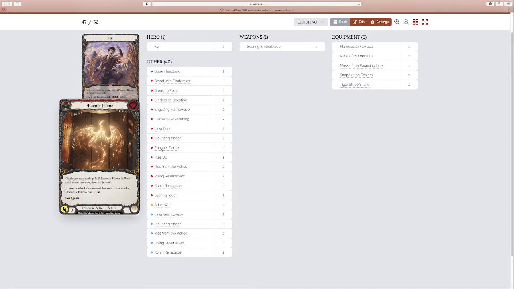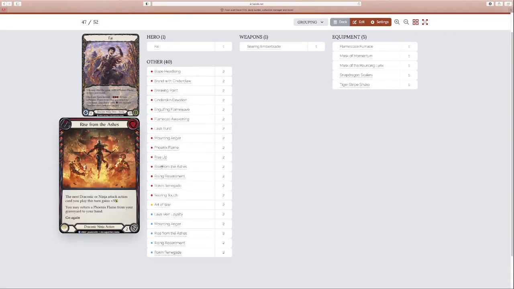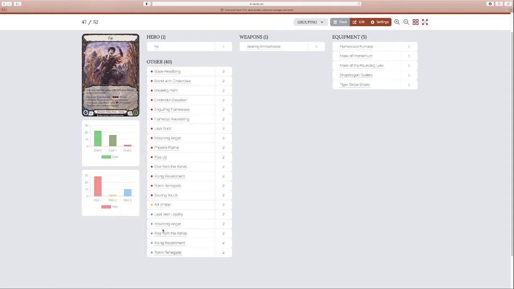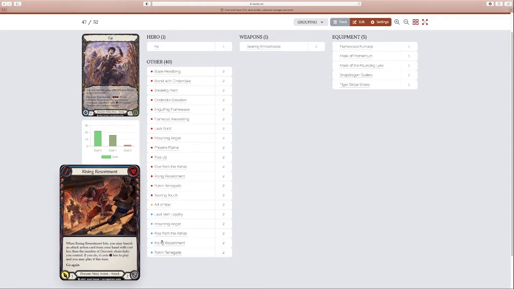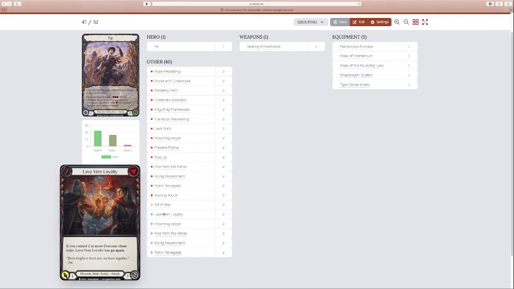Phoenix Flames are just super utility because you can get them and play them when you want, either with your ability later on, or if you start off with something like Rise from the Ashes. So you already have 2 here, red and blue, and then also the Rising Resentment. The nice thing to have these blues in here is for either if you have to pitch against